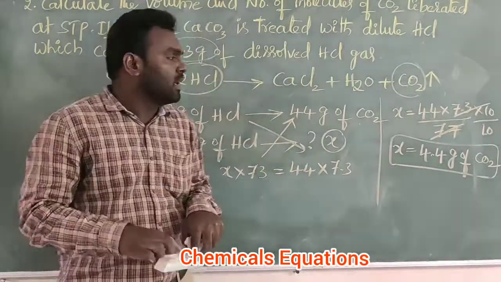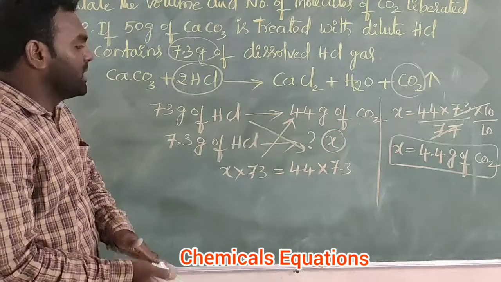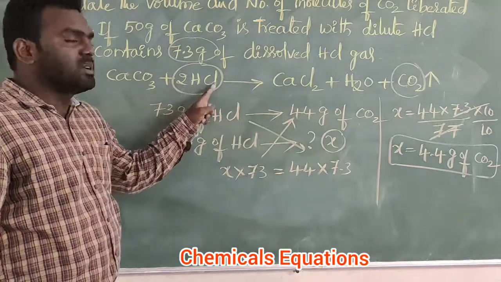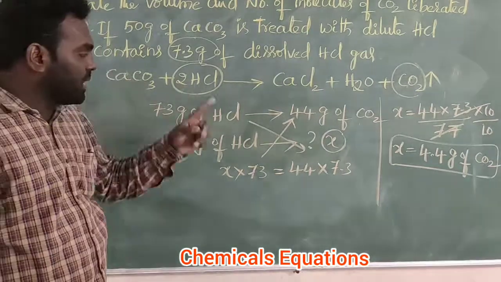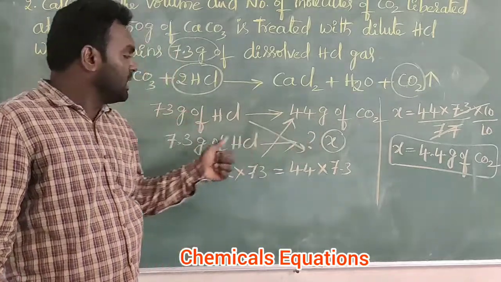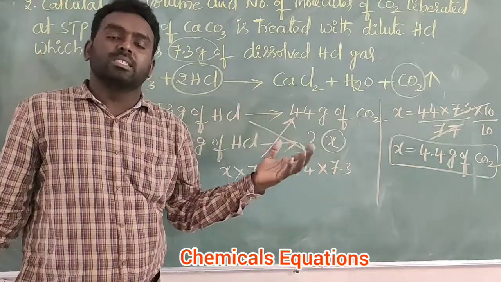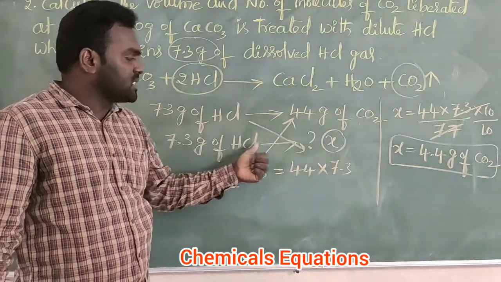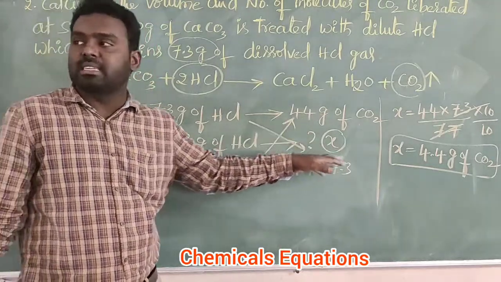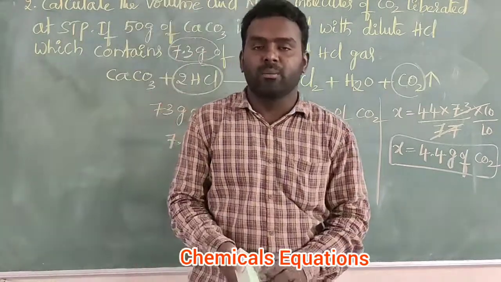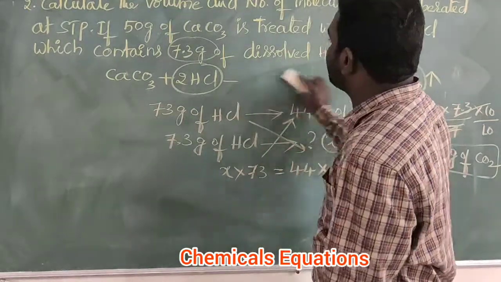See once again, based on the chemical equation I wrote these weights. With some knowledge, I wrote HCl as 36.5, and with 2 of them, 2 into 36.5 is 73 grams. So 73 grams of HCl gives rise to 44 grams of carbon dioxide. Then in our question, 7.3 grams of hydrochloric acid gives how much carbon dioxide? Writing it as X and cross multiplying, I finally get 4.4 grams of carbon dioxide. So this is the calculation of mass. And then I am calculating the volume.